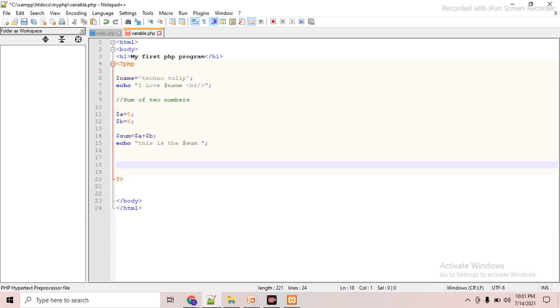You have seen that a string value can be written in single quotes or double quotes, but integers and other values like float and double will not be quoted with any single or double quote. You just write the value 5 or 6 like this.